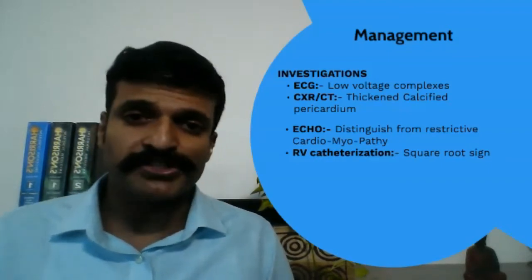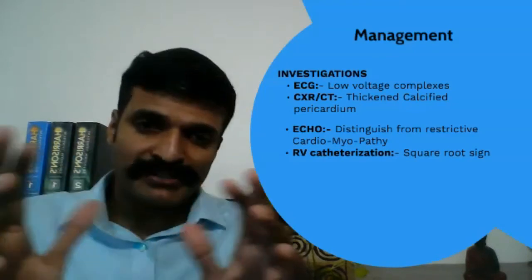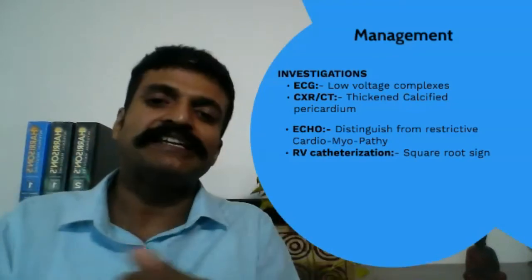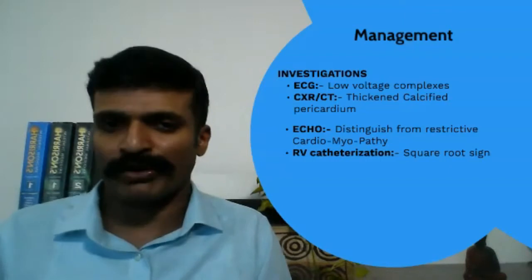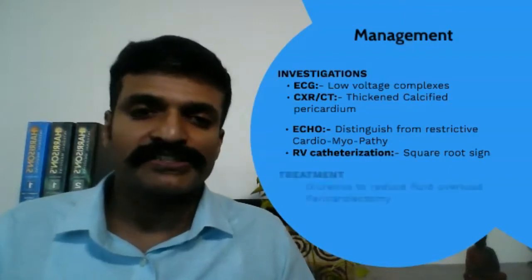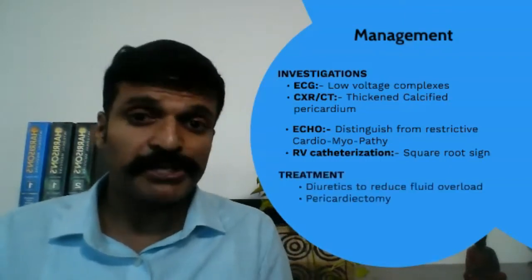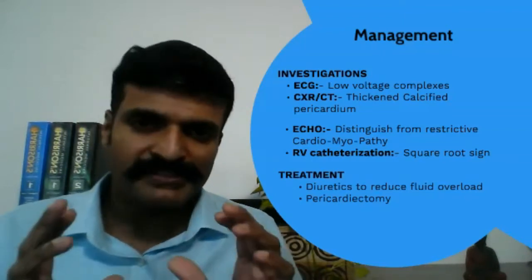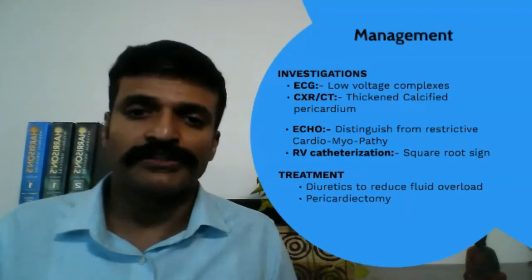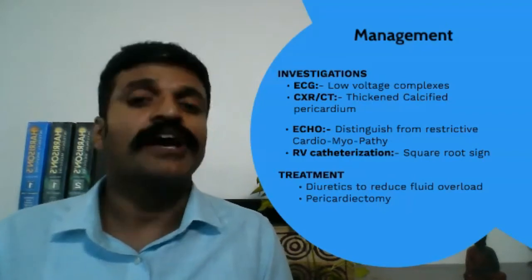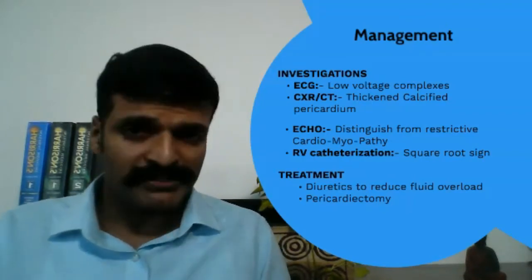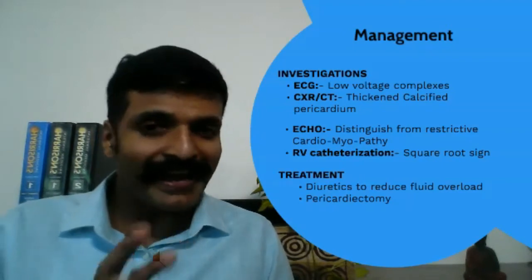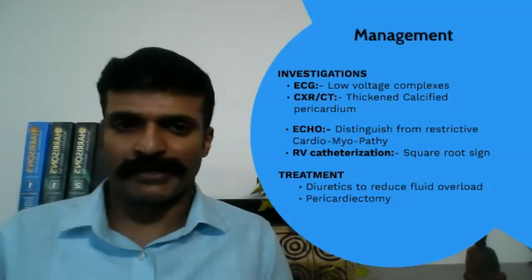There is a surgical procedure where the pericardium is incised and completely stripped away from the myocardium. Now this is a pericardiectomy or a decortication surgery. Very, very challenging surgery for the cardiothoracic vascular surgeon. Outcomes are not very good, but these patients can be managed surgically as well.